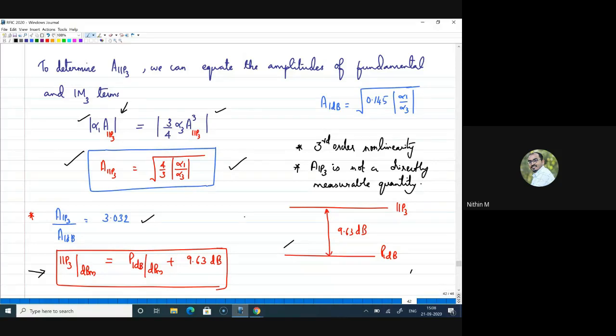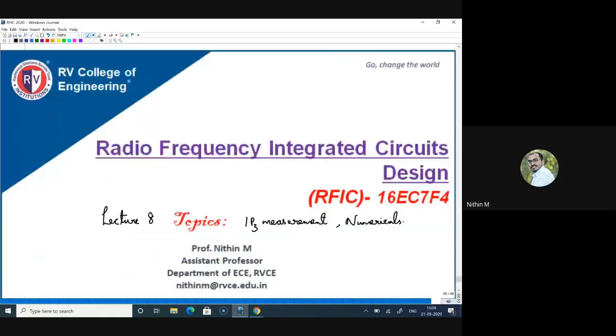There are various methods. We are not looking for a method where I'll get the exact value of AIP3, but we wanted some estimate to know at what value this third order intermodulation term is coming and corrupting your signal. We are not going to apply signal up to your AIP3 point, but only to characterize the nonlinearity, we are seeking the help of this intermodulation, the third intercept point, right?